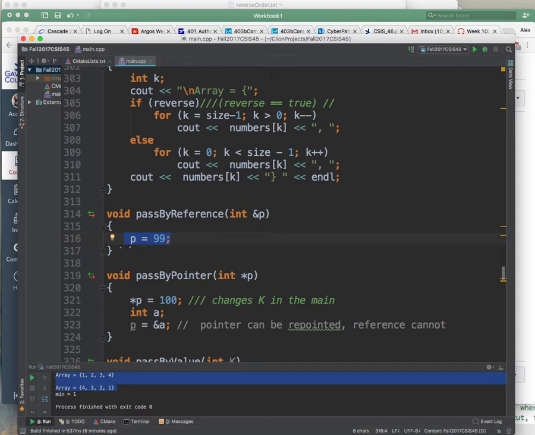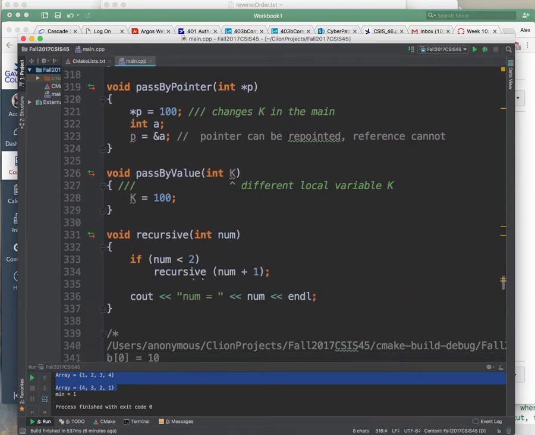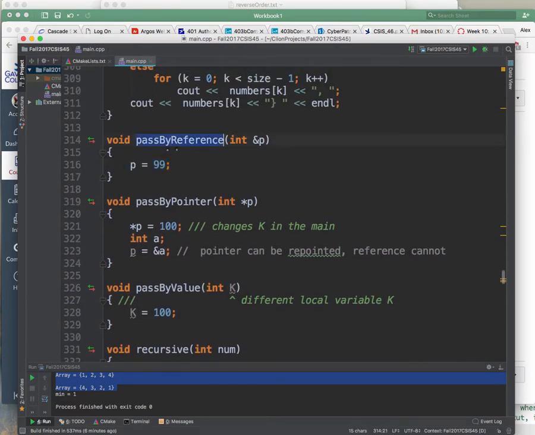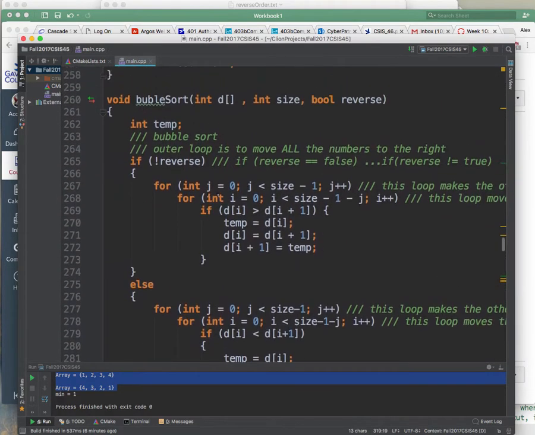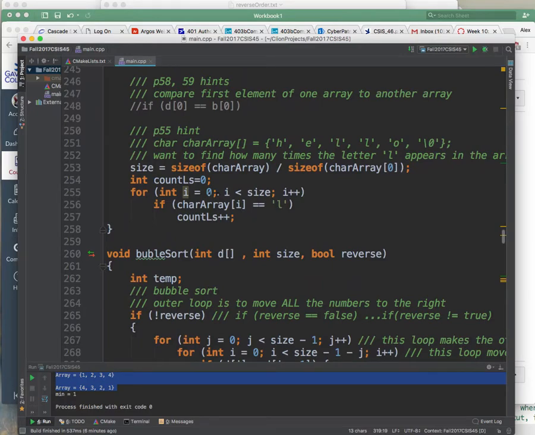This is a lot of heavy stuff, so I hope you're paying attention and getting it. All right. So now you know pass by reference, pass by pointer, pass by value. A lot of people don't get these. A lot of people think these are very complicated and confusing, which they are if you don't put in the time and effort to understand them, which is on you. So what else do I want to tell you? Oh, the other thing that I want to tell you is that